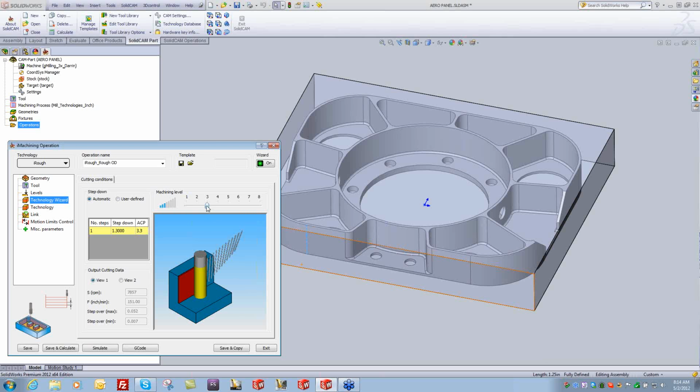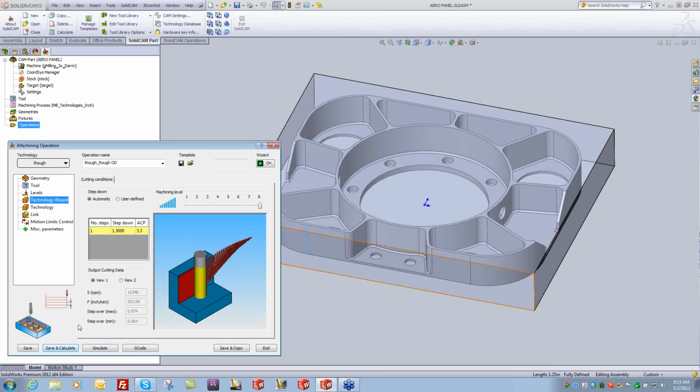At level 3, let's see what we got at level 8. See, it does not go all the way up to 12,000. That's why I was saying you don't have to worry about it. If you never even wanted to approach that, you can back it off to where you want. Most people start out here. Everybody I've ever talked to eventually makes it up to level 8 because they all run very, very well. Now, even at level 3, you're going to be cutting faster and better than you ever would with any other traditional style toolpath. But I'm going to go ahead and crank this up to 8,